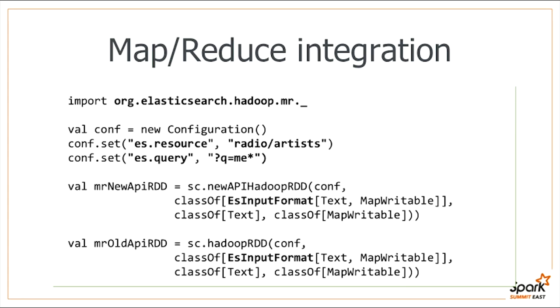In the meantime, there's been a lot of progress. And while you can use the MapReduce integration, I'm a bit biased, but I would advise against it because there are better options out there, such as the native integration that we have in 2.1, which is the current development branch, and we're going to get it out. What do I mean by native integration? Well, you don't have to pull in all the Hadoop intricacies. You don't have to think about Writables and things like that, but rather use Elasticsearch directly from your Spark environment.